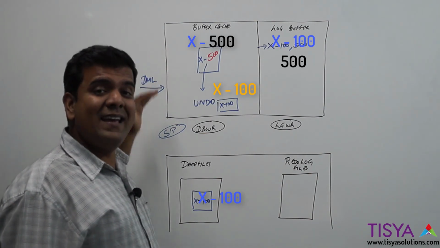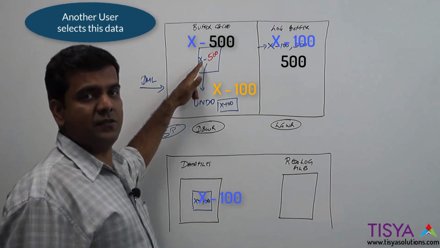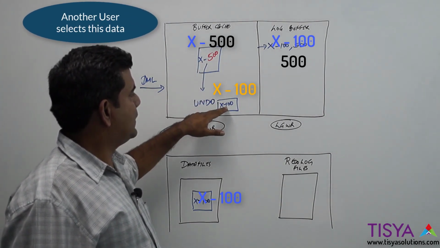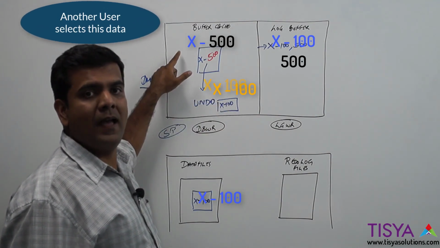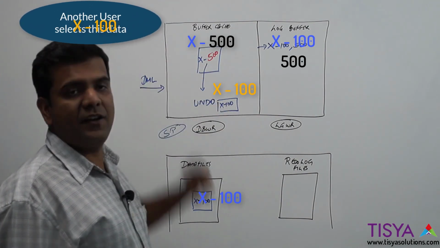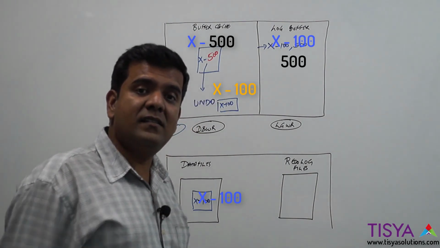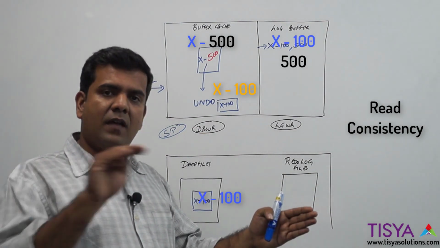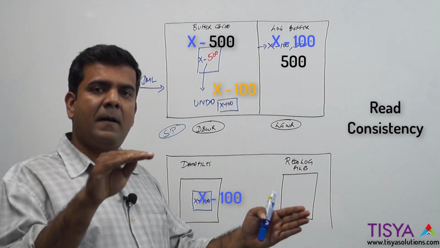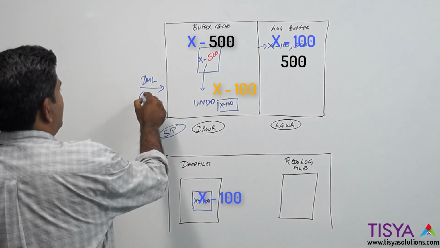Further, if any other user is going to query for details of X's row, the instance is going to reconstruct the block with the old value and provide 100 as the salary of X. So that's how read consistency is provided, so that when a user is performing a DML, another user, when he queries for the same data, he still gets to see the old value. The user can now